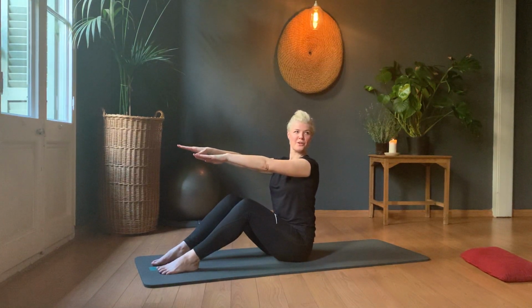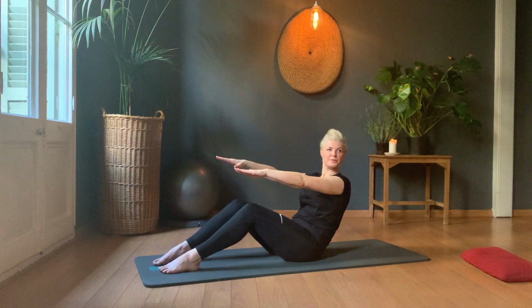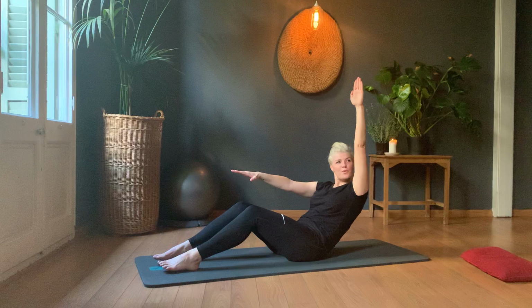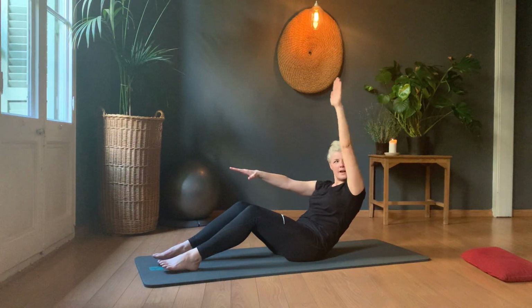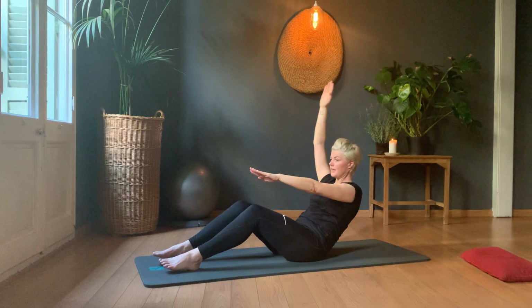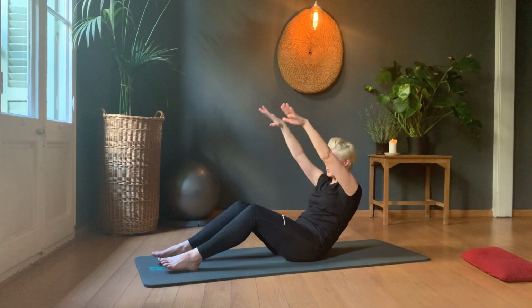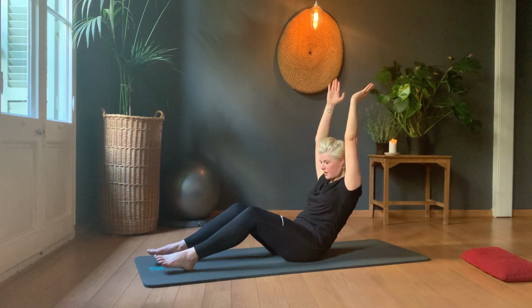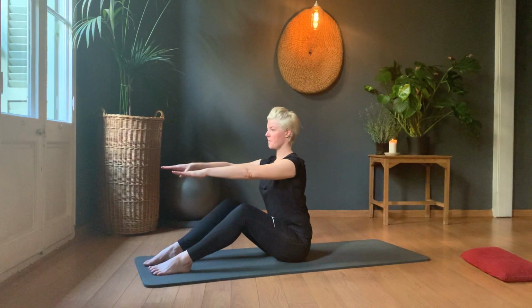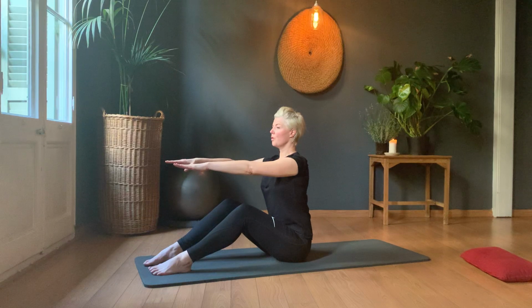Breath out, slowly rolling back. Breath in, one arm, down, second arm, down, double arms, down, slowly roll back up. Roll back,